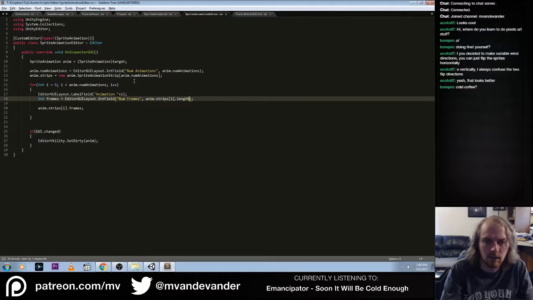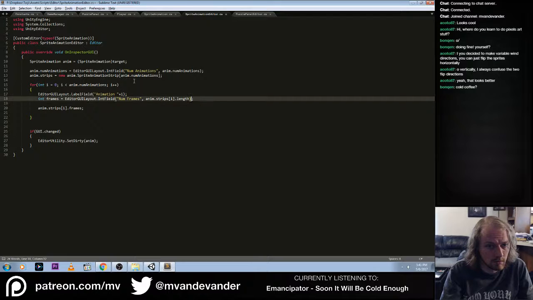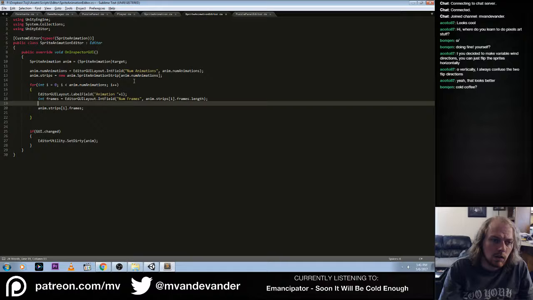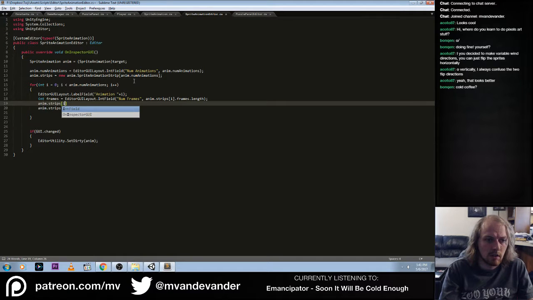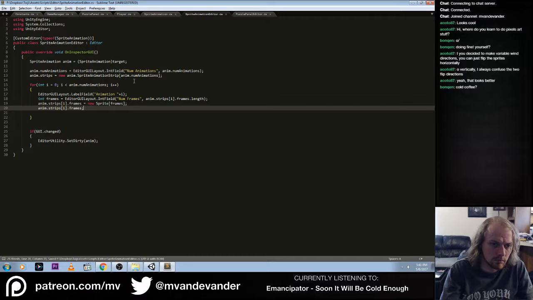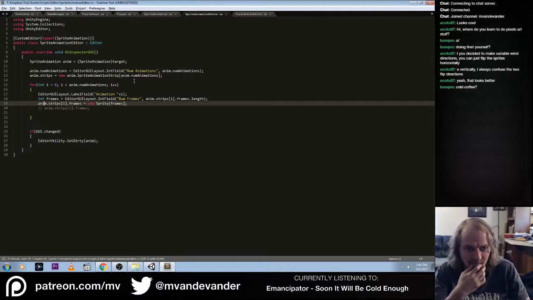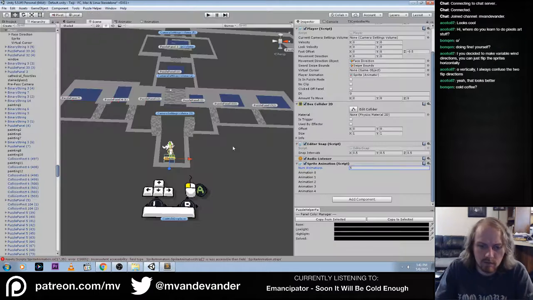I don't remember what it is. Strips i.frames equals new sprite array. Something like that. It's probably not going to work, but